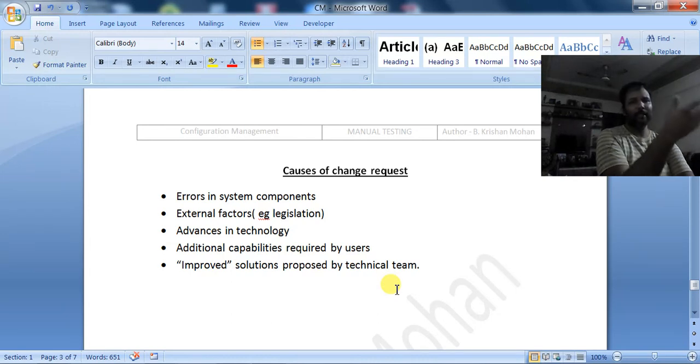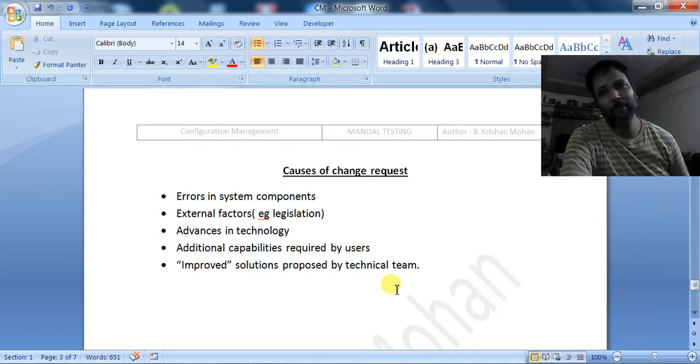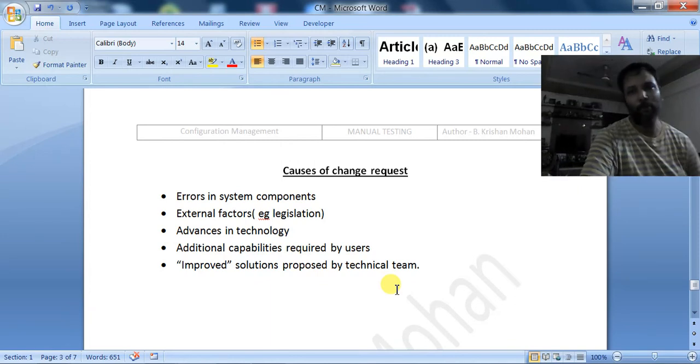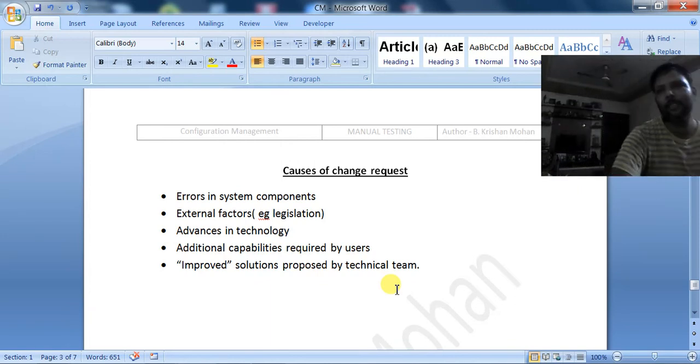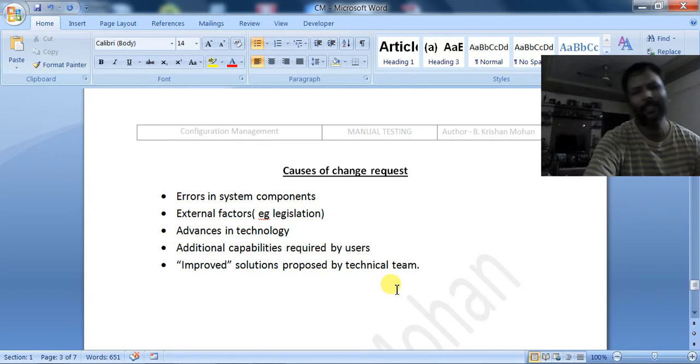They might suggest some improvements in the requirements which can decrease the effort and make the project more user friendly. So sometimes the customer's technical team can come up with new improvements, and then also the customer can give a change request. These are some of the causes of the change request.